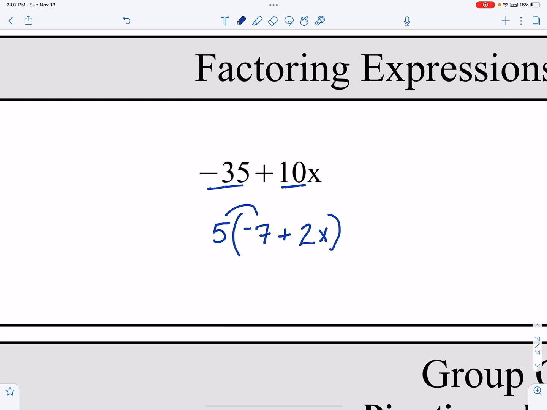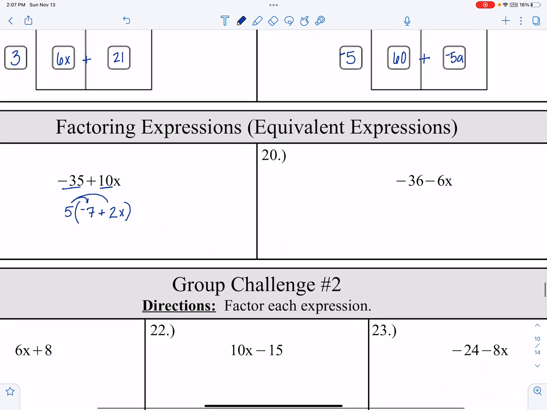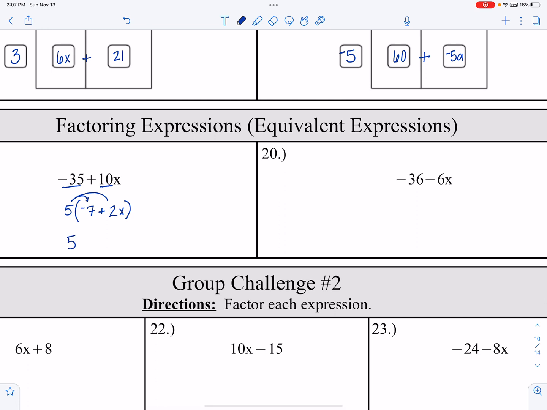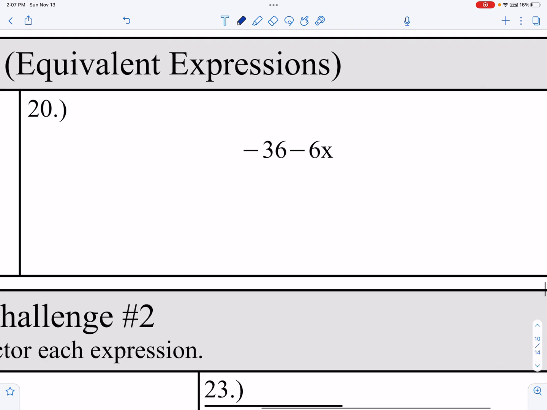Double check your work and just sort of think about that factoring. 5 times negative 7 is negative 35. 5 times 2x is 10x. So that works and is accurate. Okay. This would also be accurate if you wrote it like this. Okay. All right. Over here, number 20, we look at our two numbers and think about what we can factor